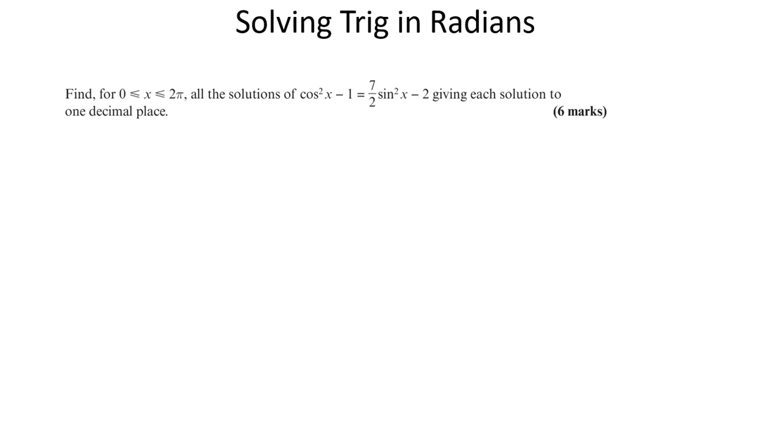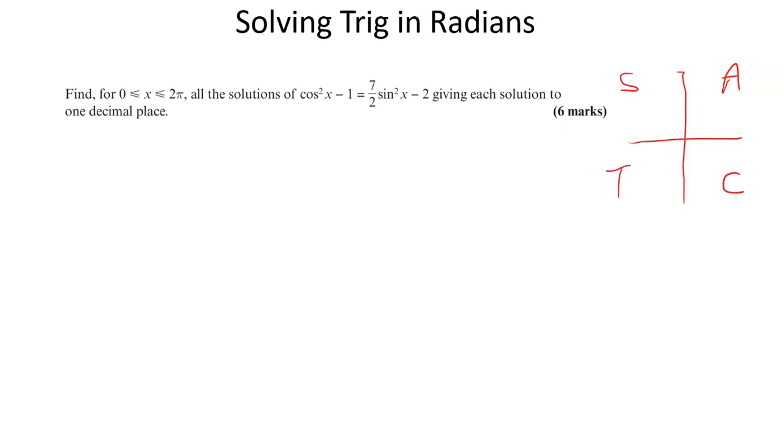Hello, and this time we're looking at solving trigonometric equations, but doing it in radians. But that's not really any different to doing it in degrees. The process is the same, it's just that the range has the values in radians, and of course our answers will be in radians. But we're still going to use trigonometric jiggery-pokery to make this solvable, and then we're still going to use a CAST diagram, or as I refer to it, "all students talk crap", to look at the